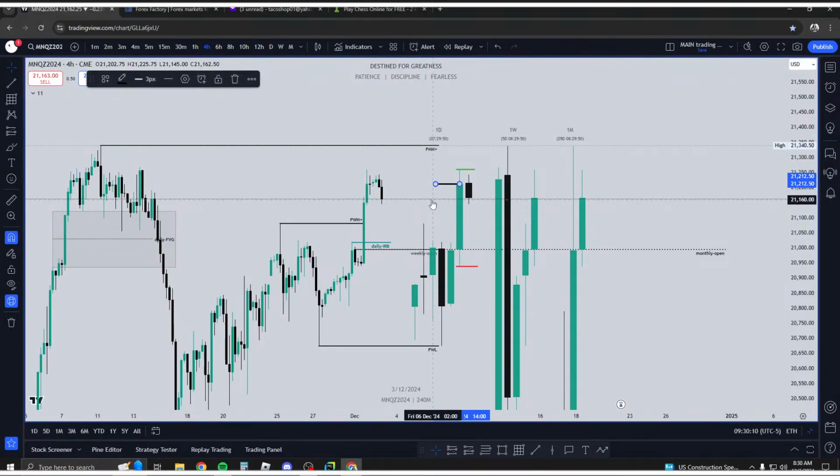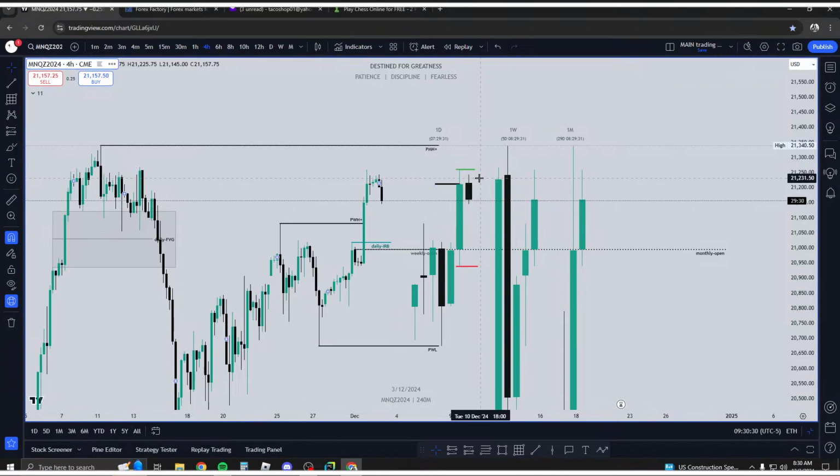Based on how we closed, is the black line closer to the red line or the green line? If you guys have any common sense, the black line is closer to the green line. So that's literally how I break down my bias here. Because of how we closed on this daily candle, I can anticipate for previous day high to be taken. So that's my objective. That's my bias for today.